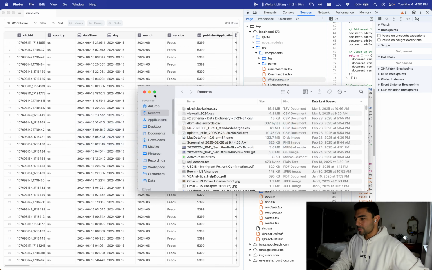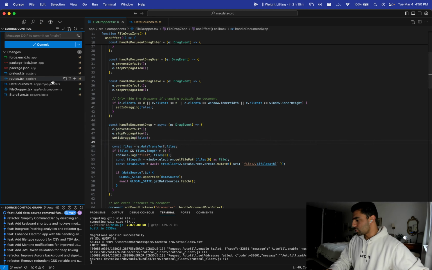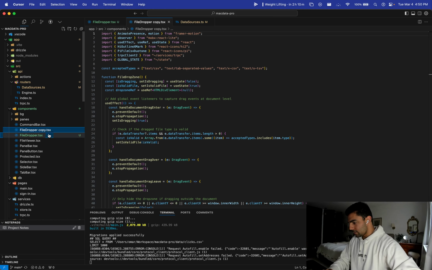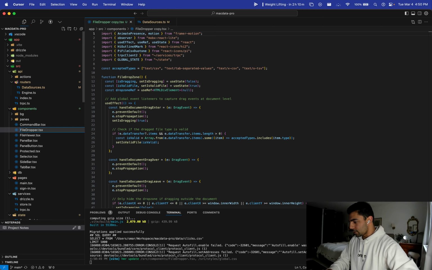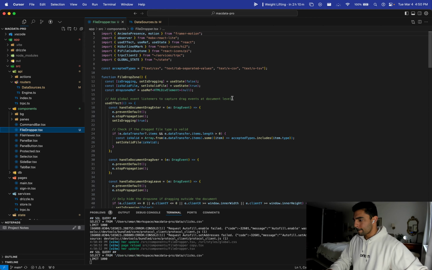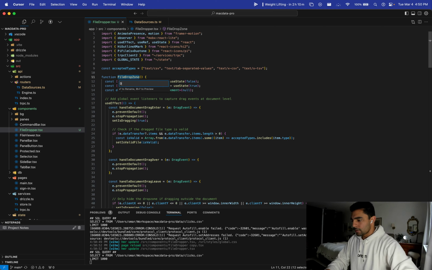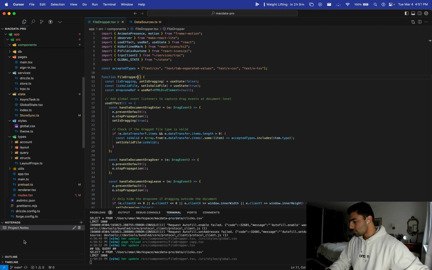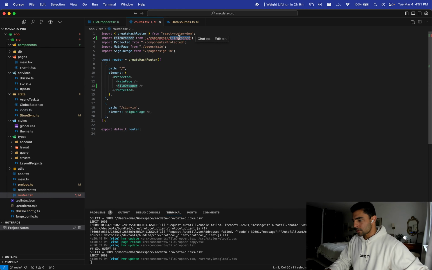Yeah, I ran into this before, and my solution was to literally delete and recreate the file. It was very odd. So I'm just gonna duplicate it, and then I'm gonna delete this, and then I'm gonna recreate it. And then I'm just gonna call this file dropper. And then in my routes,